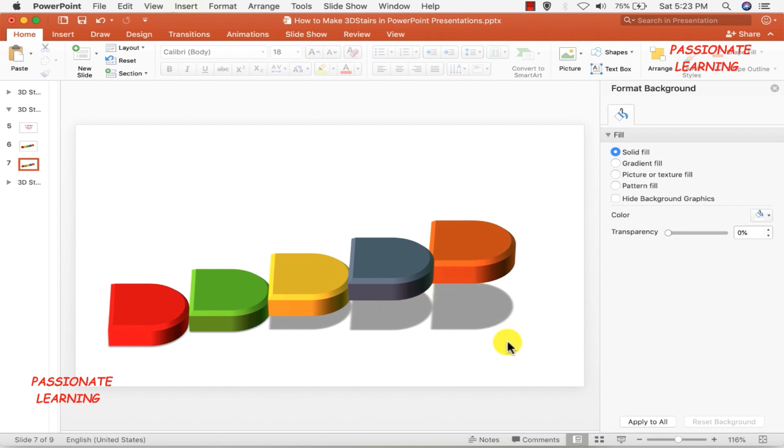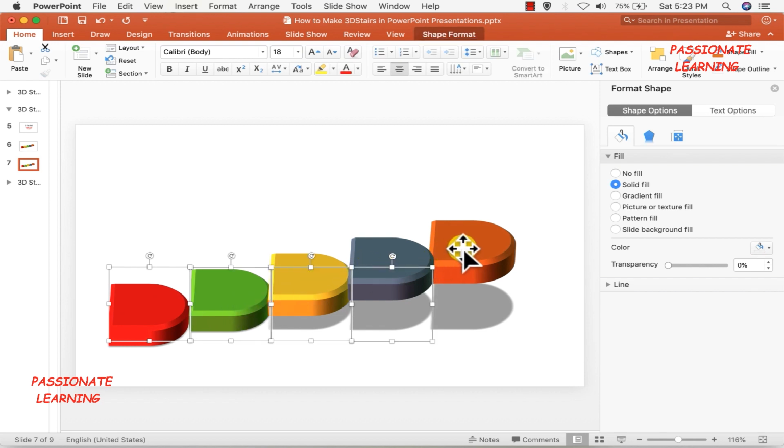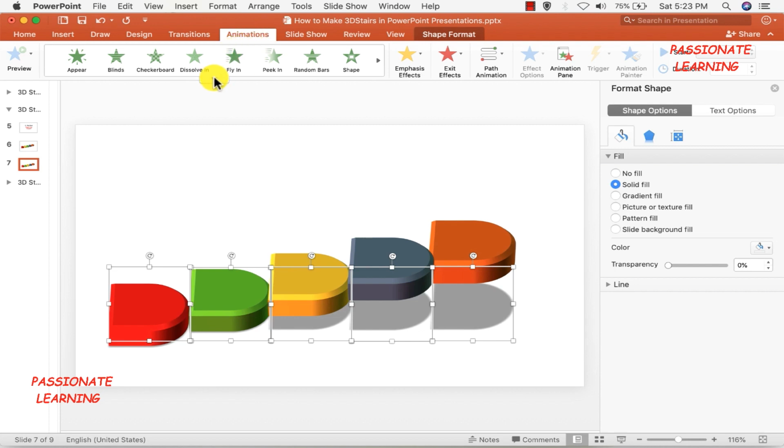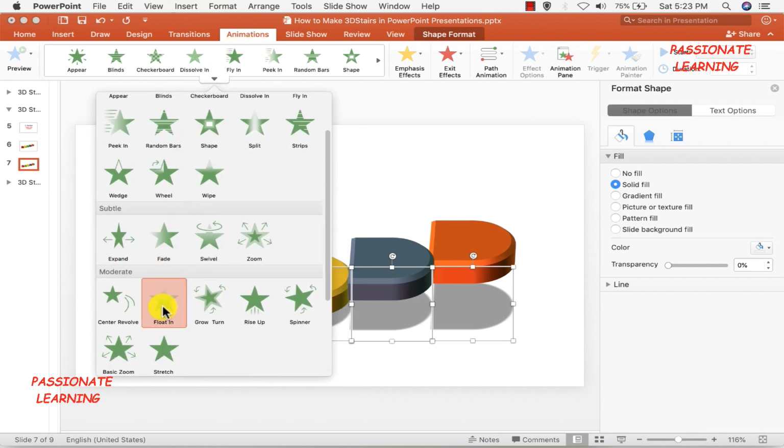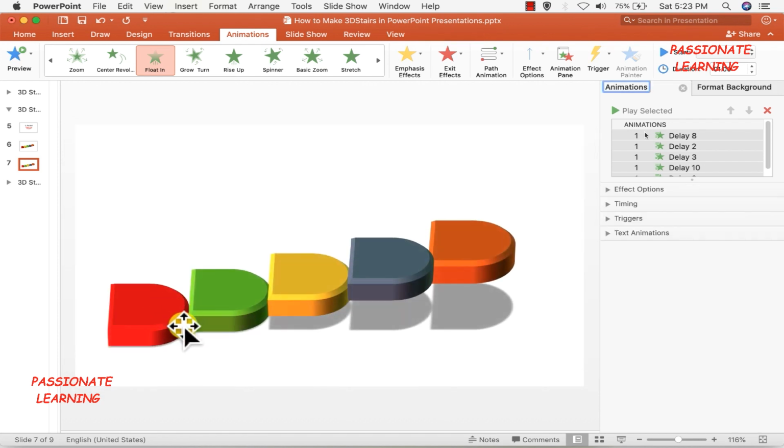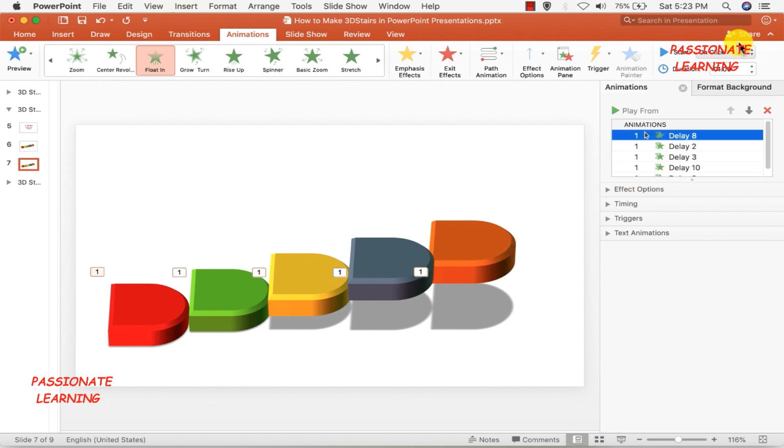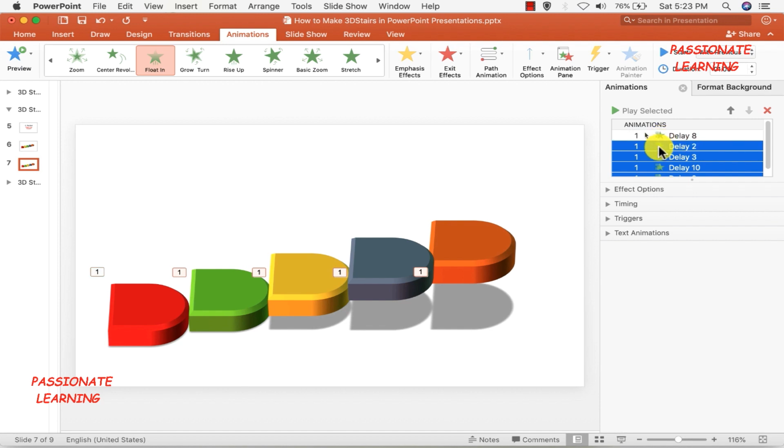Now the next step is adding animations to all of these stairs. For that, let me select all of these stairs one by one, and then let me go over to the animations pane and let me put in a particular animation of a float-in animation, like this. You can see right now all these elements are being animated all at once. So let me come over here. The first element should be starting on click with the duration of 1 second, which is okay. Now let me select all of these elements and deselect the first element, and all of these elements should be starting after previous.